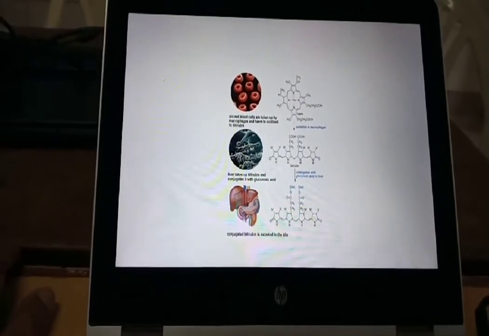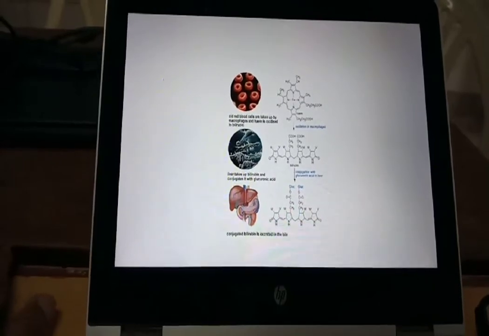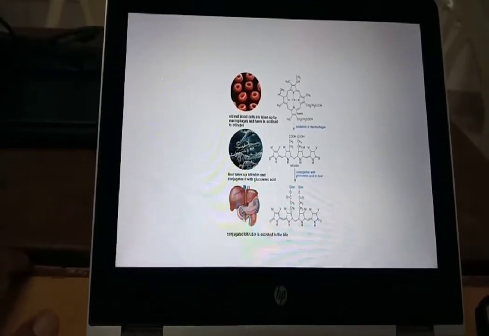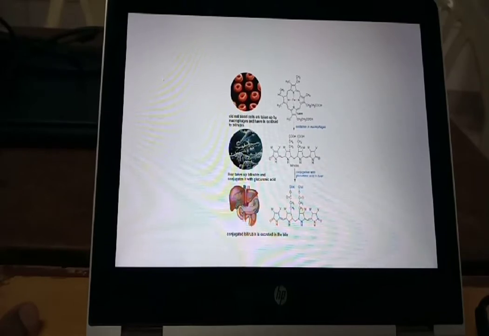The liver, if you take the red blood cells, there are so many red blood cells in our body, they can live up to 120 days. These red blood cells contain hemoglobin. This hemoglobin absorbs the oxygen in the lungs, the capillaries in the lungs. It absorbs the oxygen, takes it to different parts of the body, takes it to different cells in the body, gives up the oxygen, takes up the carbon dioxide, and this carbon dioxide is transported back to the